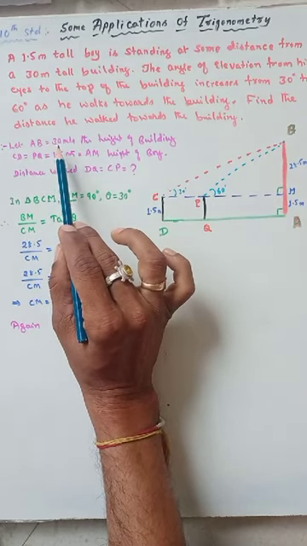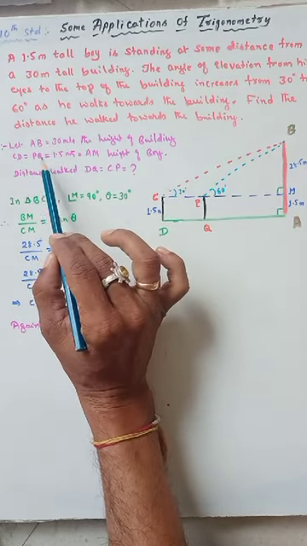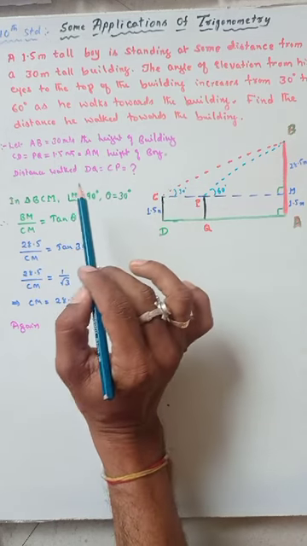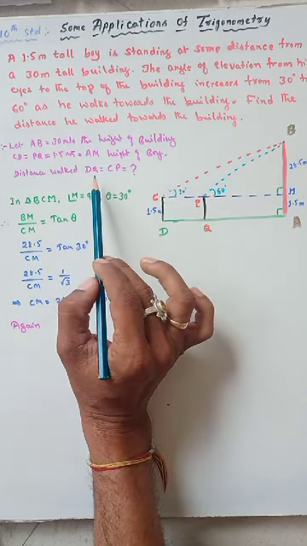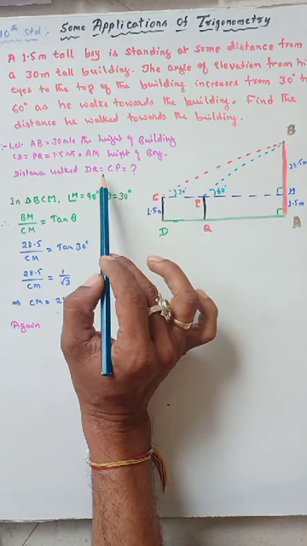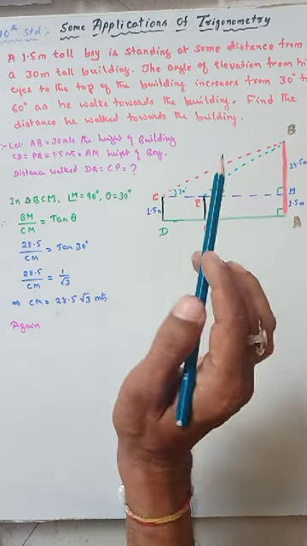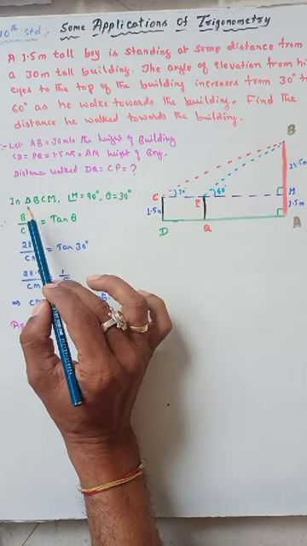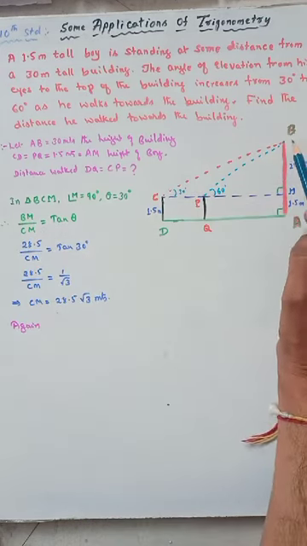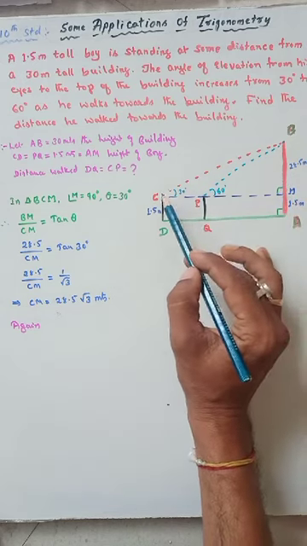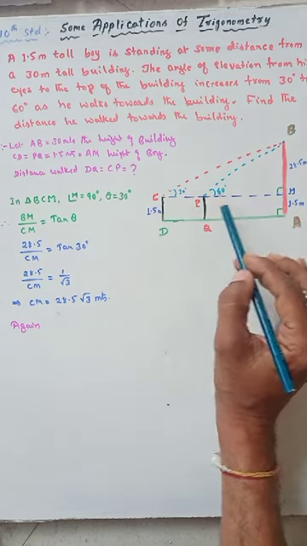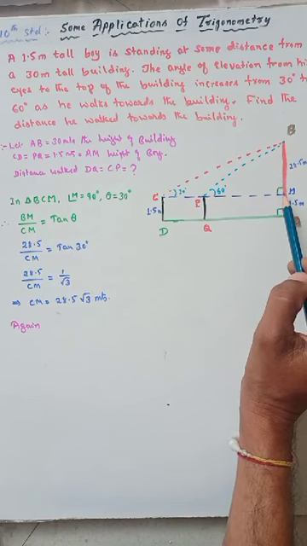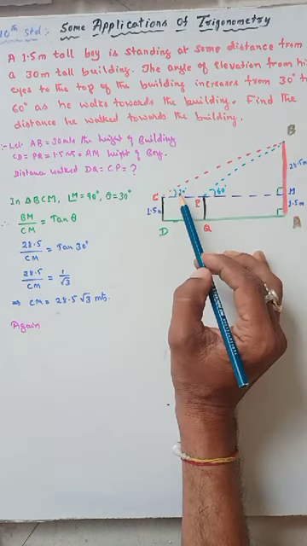For that, you write this much, that's all. AB is the height of the building, CD is equal to PQ is equal to 1.5 meter, which is same as AM, the height of the boy. Distance walked to be found is DQ is equal to CP, what we have to find. For that, let us consider the right angle triangle BCM, where M is equal to 90 degree, and theta is 30 degree.